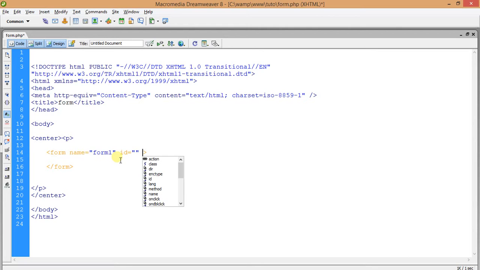And one thing very important to PHP is the action. I'm going to tell you later about the action. And a very important thing is the method. Which method do you want to use? There are basically three methods in PHP: get, post, and request. If you want a secure page or secure URL transaction,